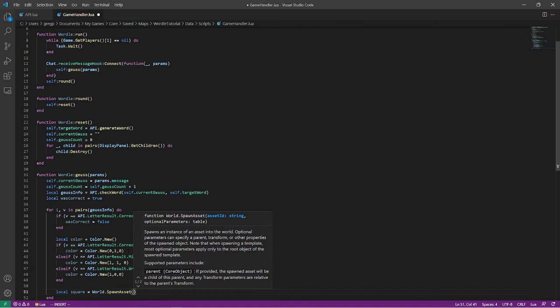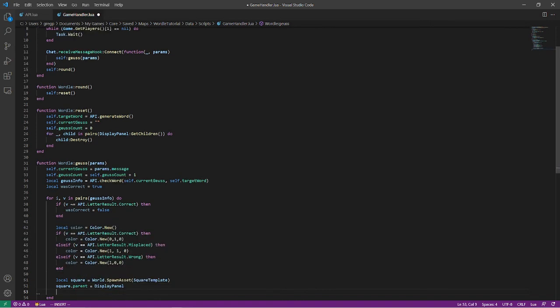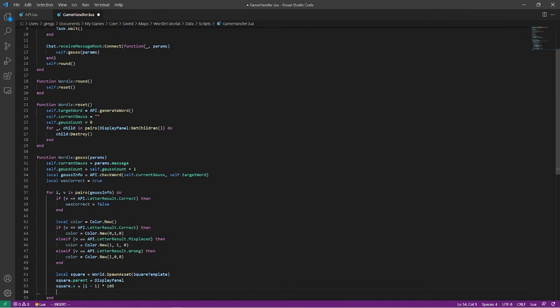We know square rotate, square dot parent is display panel, square dot x equals I minus 1 times 1/5, square dot y equals subtract guess count half minus 1